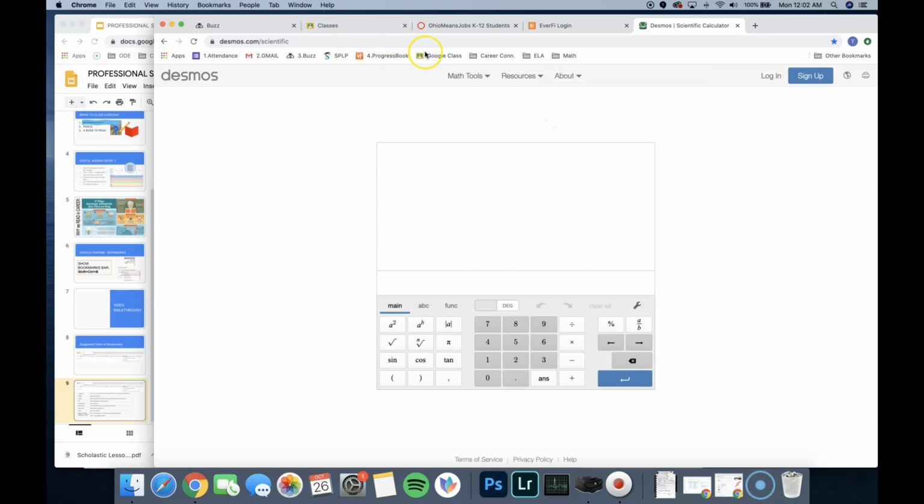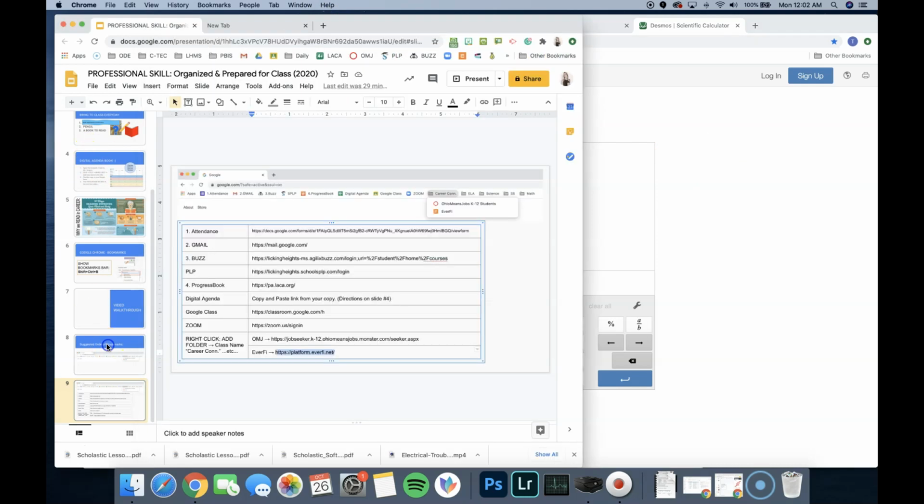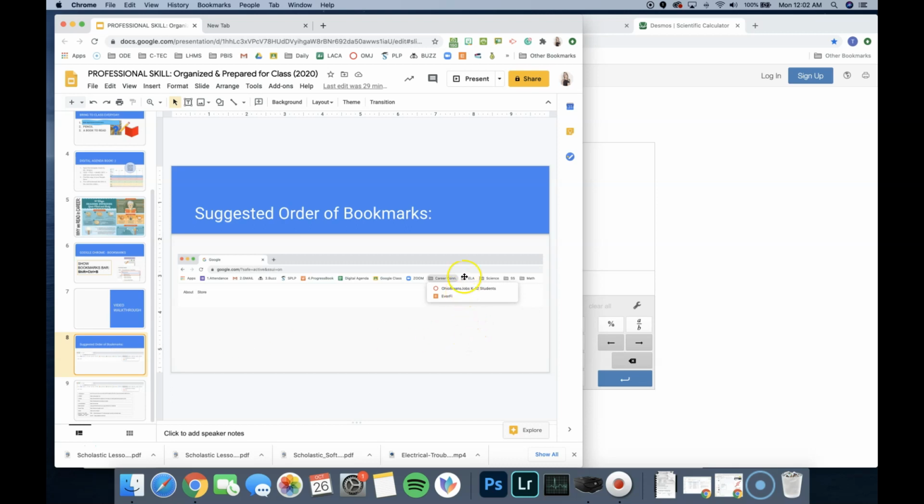So this is just to help you, but I put your official, what I expect it to look like for you, or as close as you can get it, right here. So just try to get this set up and then follow the instructions on how to show